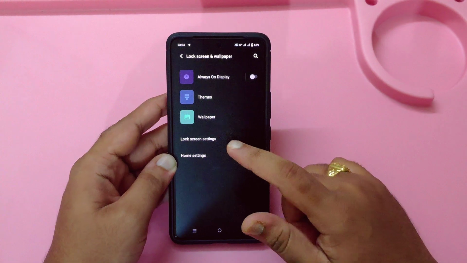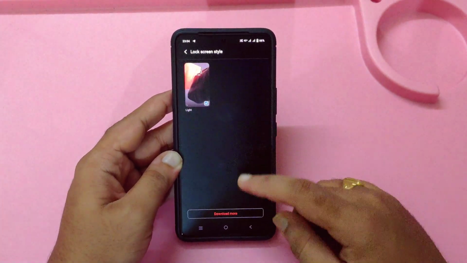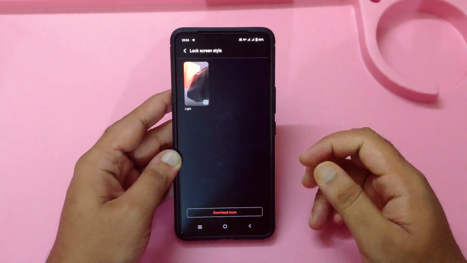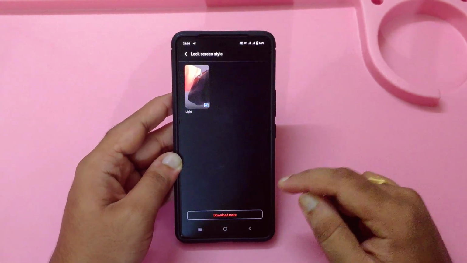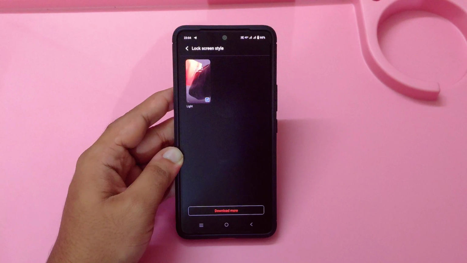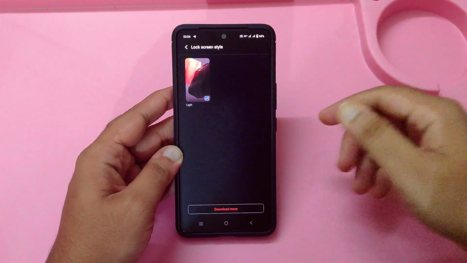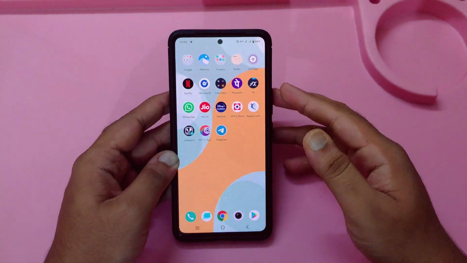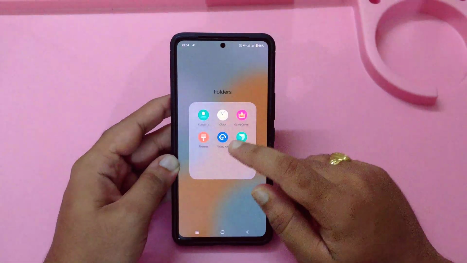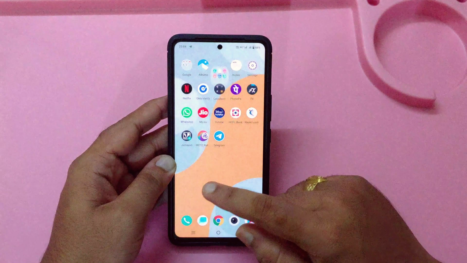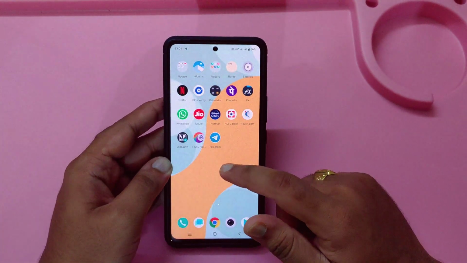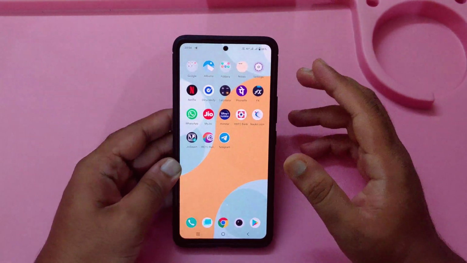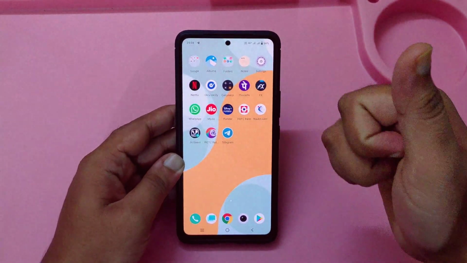Lock screen and wallpaper, there are some lock screen style settings. You can also download more here, and there will be a magazine option. I just disabled that using my command prompt. I have just disabled some of the system applications in the iQOO 7 device. As you can see, there are very useful applications, but not more than that. I just need to remove this feedback option as well, and the remaining everything is very useful in my iQOO 7 device. These are some of the changes I have noticed.